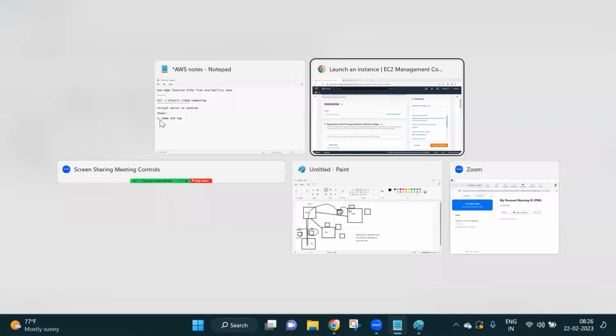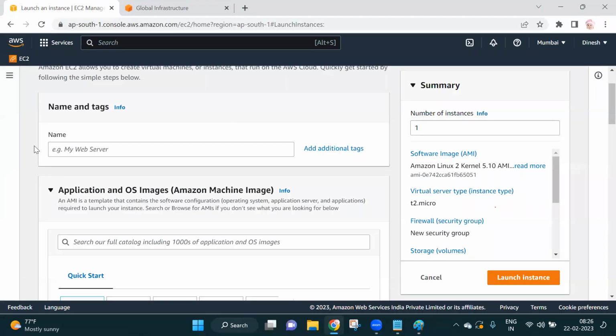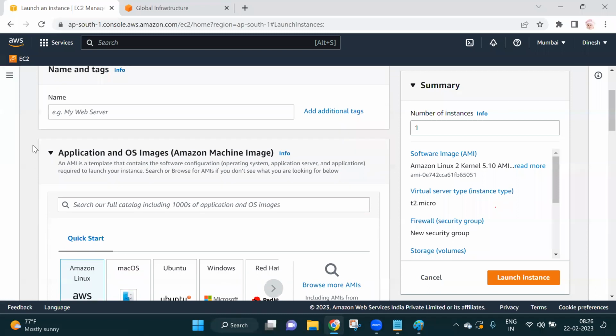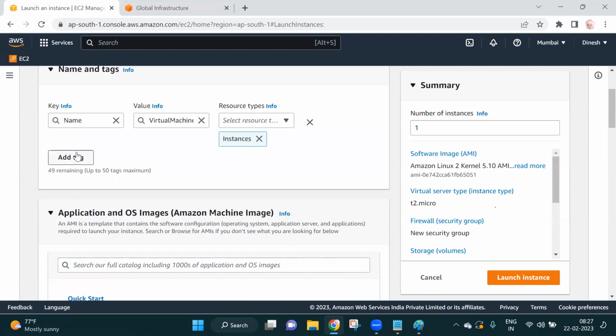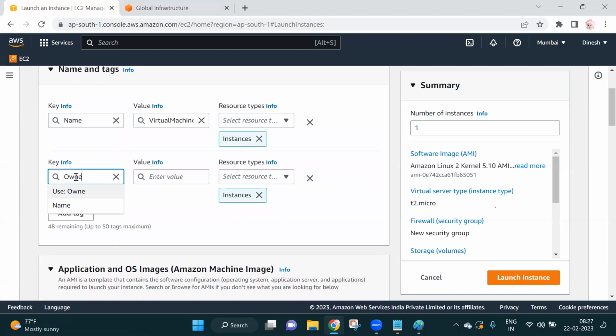The same way, here also you can create n number of servers. To differentiate one server from another server, you have to give some name. It's a normal one. Say I'm giving it the name Linux server. The name is the Linux machine I'm going to create. Or maybe I can create one virtual machine. I'm going to create a virtual machine, Virtual machine 1. And click on additional tag. If you want to add one more tag, say owner is Dinesh. Dinesh is the owner.